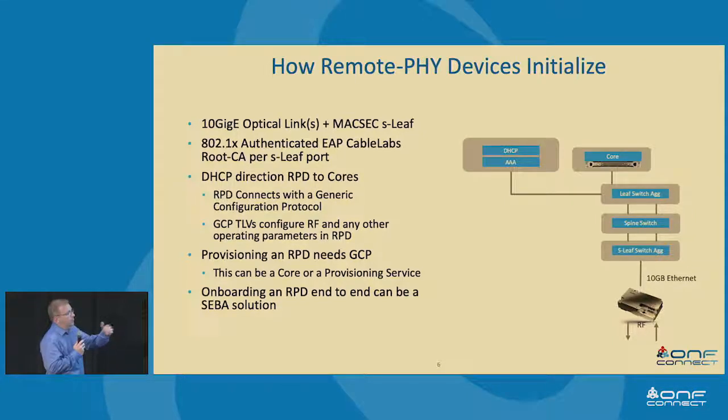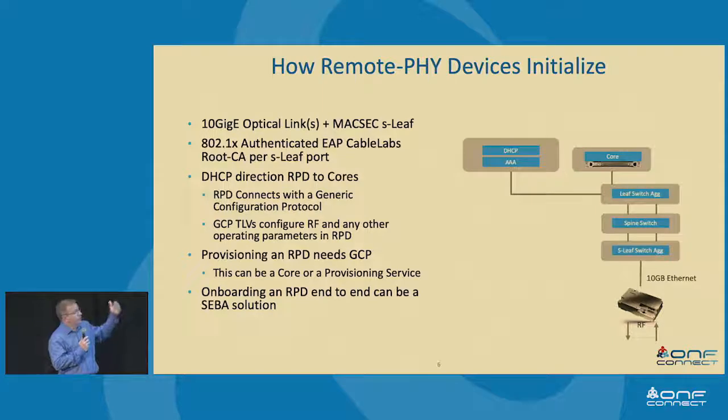So when we terminate that, we bring it into something we call an S leaf. The S is for secure. And I guess it might be a cable term, but it's simply by virtue of using MACsec at the leaf device. And Trellis is sort of not exactly a first-class citizen with MACsec, but there's a way to get there. But in any event, it is optional to use MACsec. Either way, one of the key actors here is you start with 802.1X authentication. That's well understood in Trellis today. So we'll do that with a Cable Labs root certificate out of the RPD device, and then through RADIUS coming back with an access accept, we'll start passing traffic.